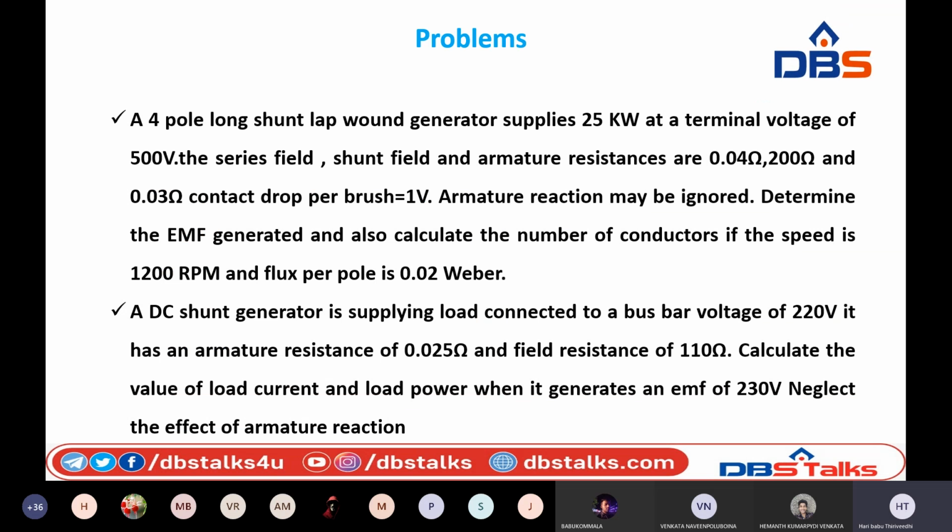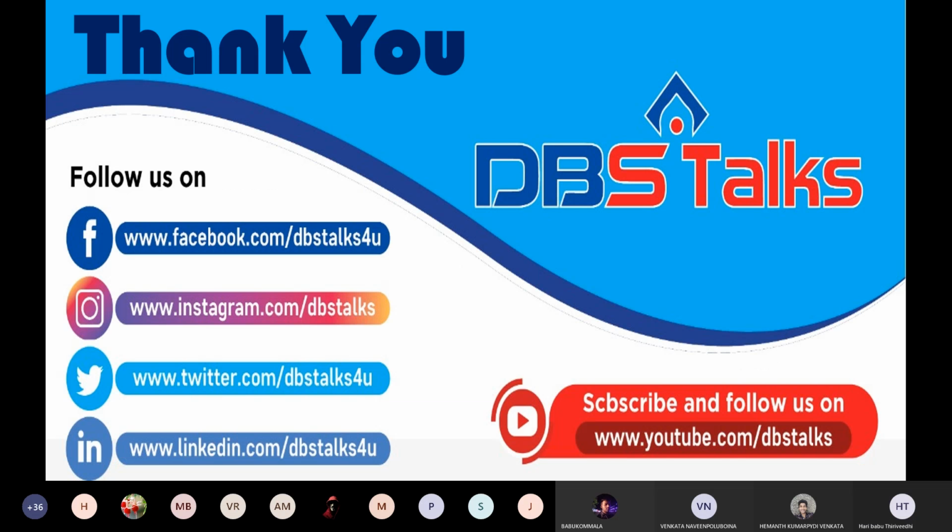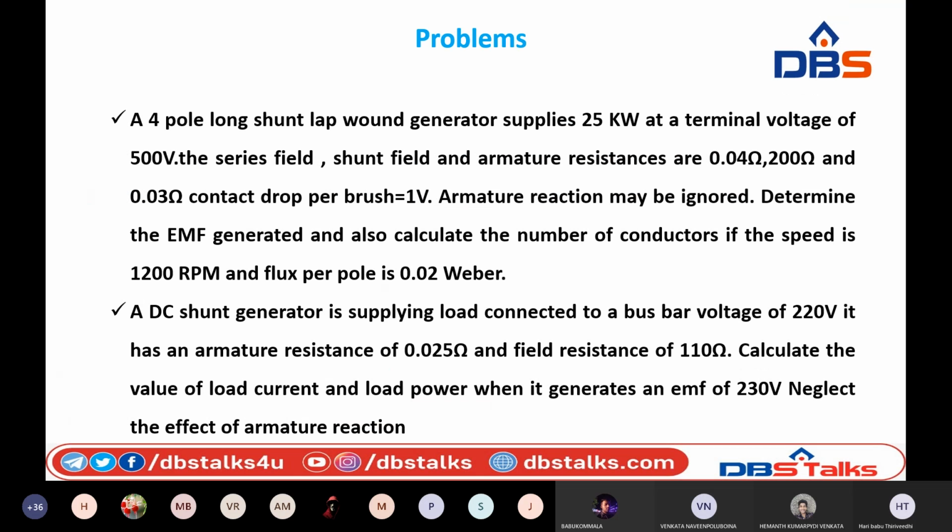So look at the problems. A 4-pole long shunt lap wound generator supplies 25 kilowatt at a terminal voltage of 500 volts. The series field, shunt field, and armature resistances are